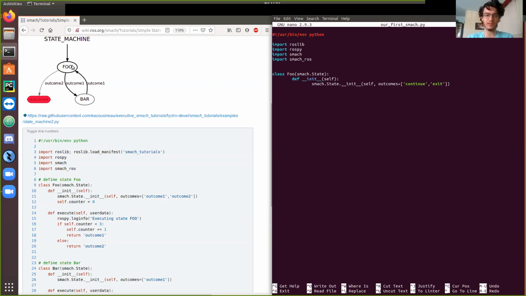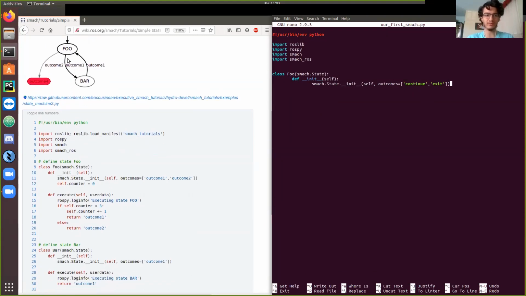So this state is either going to continue or it's going to exit. And I want to emphasize that so you keep track, because I'm changing the names up a little bit. So just remember, this is continue and this is exit. And that's that. And then I'll go here and